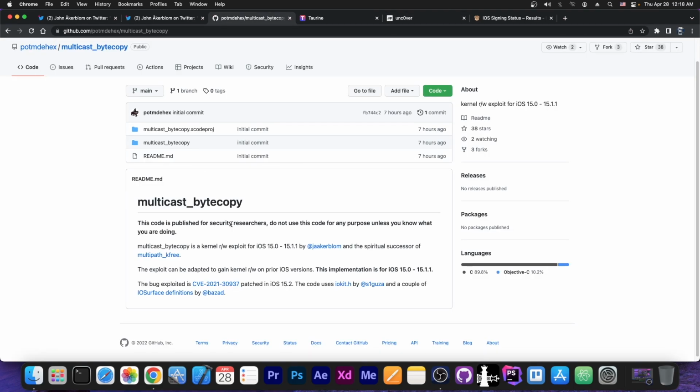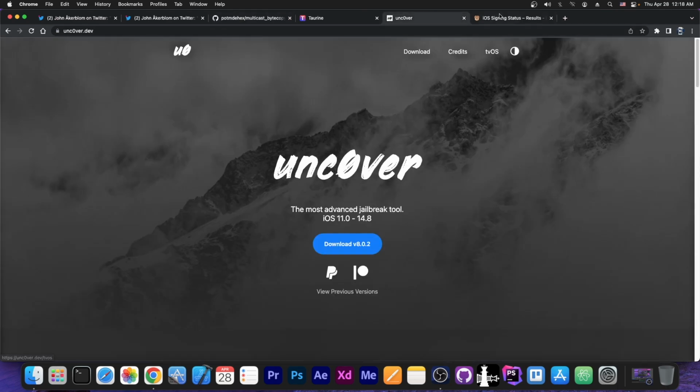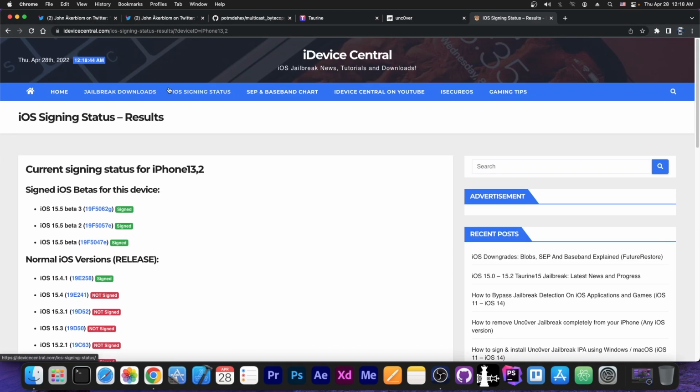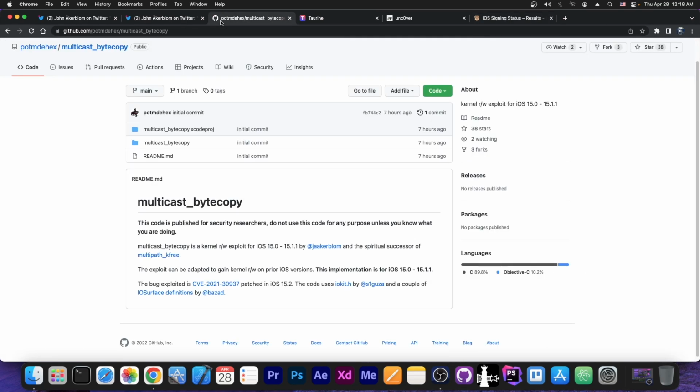And the exploit we already have for iOS 15 does work on iOS 15 but doesn't work on 14. However, this one over here that was released today, yes, that one would be usable to update Uncover to support 14.7, 14.7.1, 14.8, as well as iOS 15 up to 15.1.1 on all devices, which is definitely great. So this is a major release in terms of jailbreaking, and not only because of the exploit itself, but also